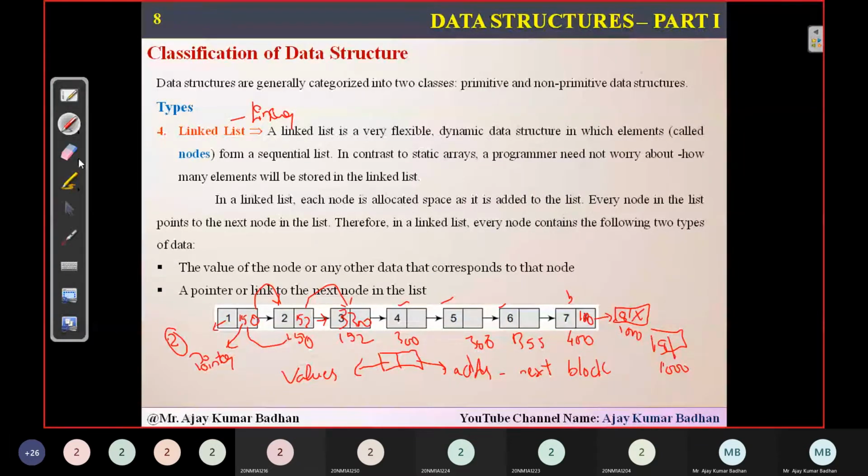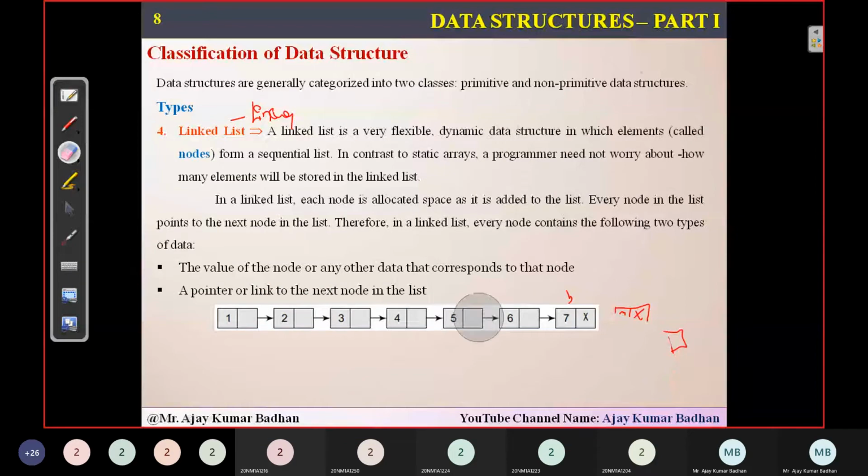And one more best part of this particular thing is that it is not restricted that you have to add here only. You can add in the middle. If I want to delete this element, I can simply delete it. Do you know how to delete this element? It's very easy. Since it is a chain formation, I want to delete this 3. How can I delete it? It's very simple. Suppose the address of this particular block is 400. Okay, so definitely this address is present here, and the address of this block is 300. So this is present here.